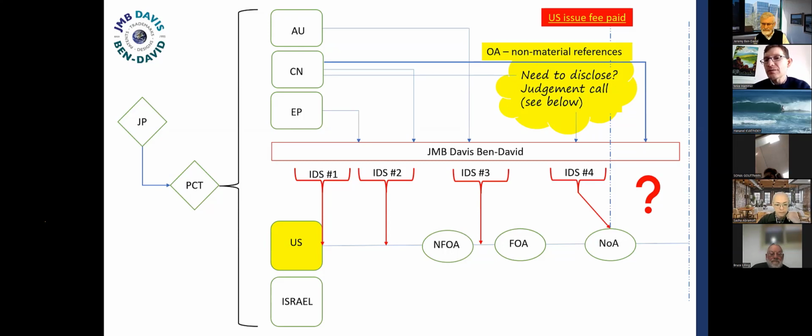Normally if we were at the beginning of this, I would say don't think about it and probably just file it. Depending upon, we'll talk about this a little bit more, there are other considerations that come into play here. So it takes a little bit more thought, and we'll talk about this later. But for now, let's leave it at, if the reference is clearly non-material, then there's no obligation under the strict duty of disclosure to submit it, to get it on an IDS at this point. And as Jeremy will say in just a moment, that is one key difference between the US and Israel.